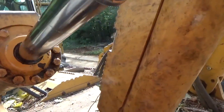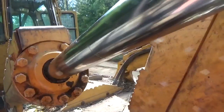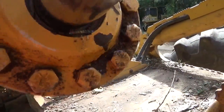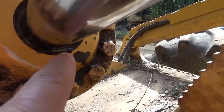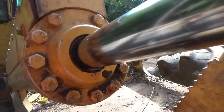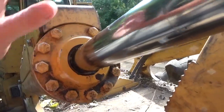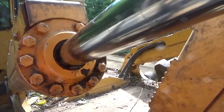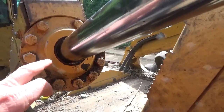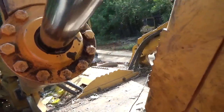What has happened is this thing has done come out of its recess right there, and the packing, you can see the oil bubbles in there. The packing is actually blowed inside that rod guide. Some people call it a rod guide, some people call it a gland. Either one, it's the same thing. But it's got seals inside of here. I've taken several of them apart in videos before, but